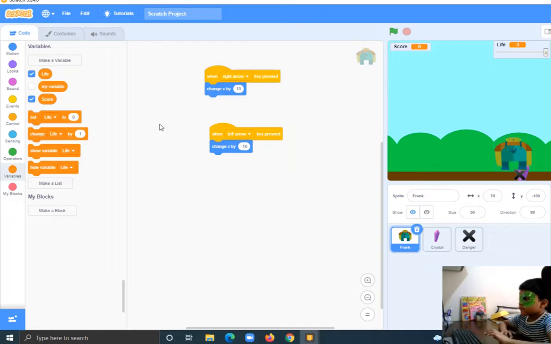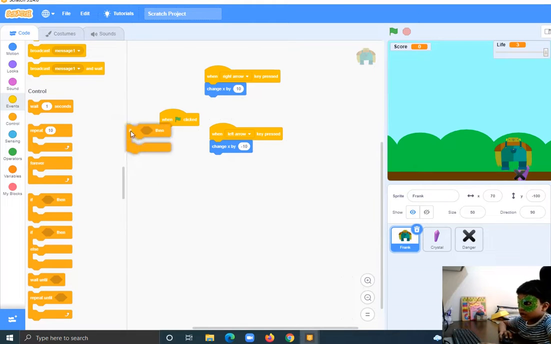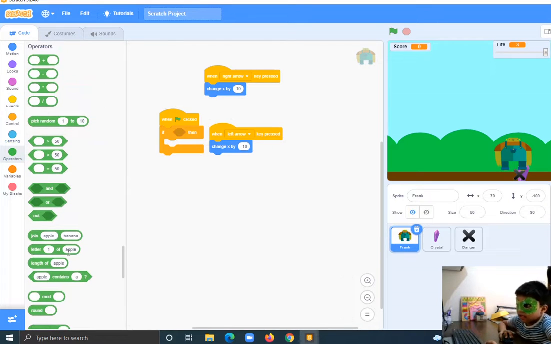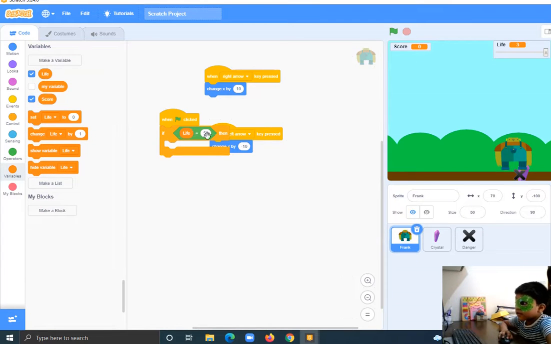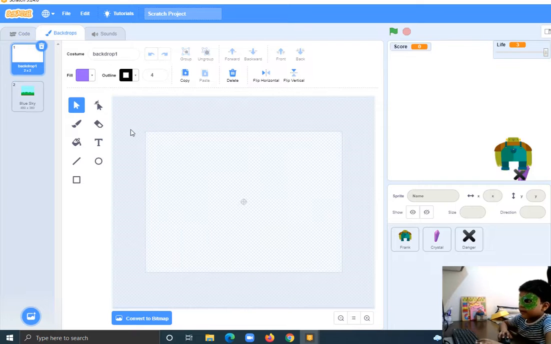Now in Frank, if I put if, so events when clicked, if, operators, we take this operator, the blank thing, and equals to 50. Inside the blank, we put variables and drag the life inside and put 0. If it's equal to 0, then we can create a background, and inside the background we can